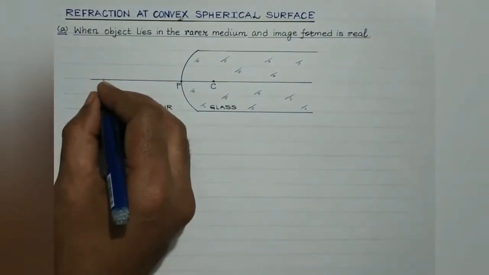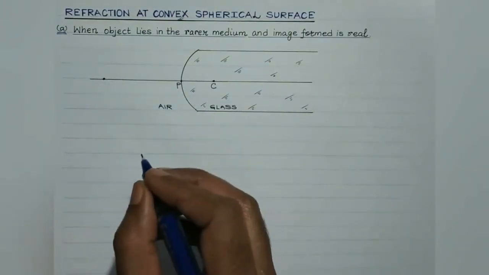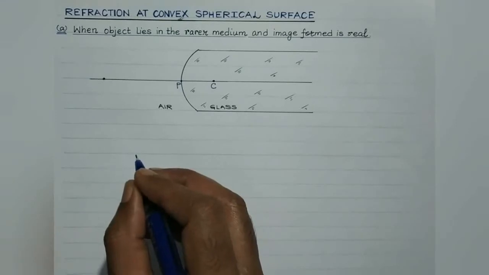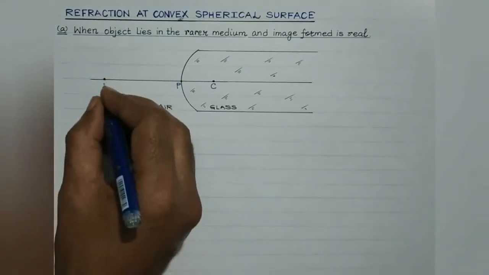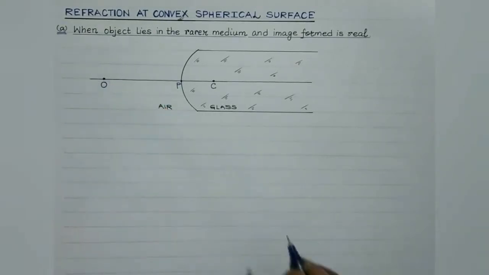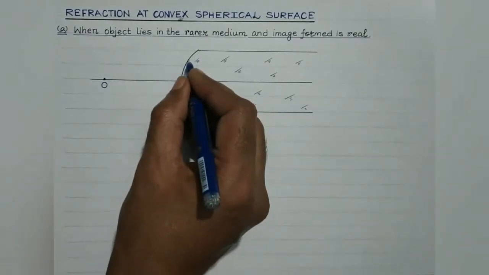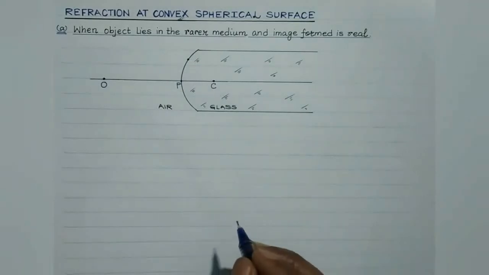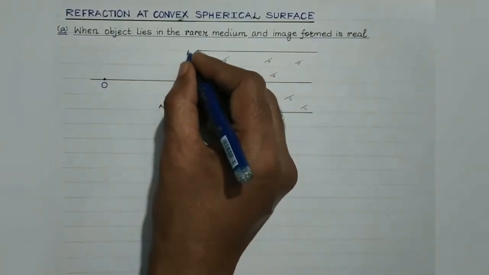Let O be any object over here. As per assumptions, as we have already discussed in the previous lecture, the sign convention, the assumptions. So as per the assumption, the object is considered to be point in size and is located on the principal axis, right? Suppose at this point, we would like to study the refraction. So for that, students, we need to draw a normal at this particular point. Suppose this point is A.